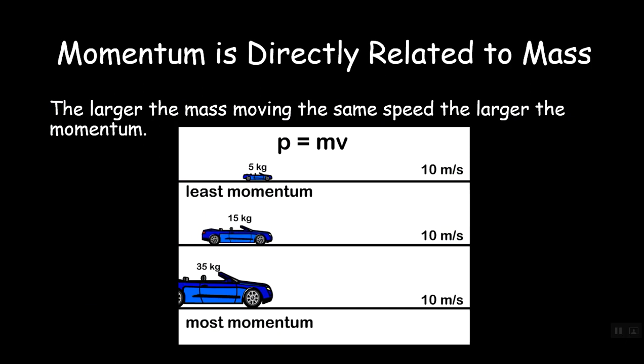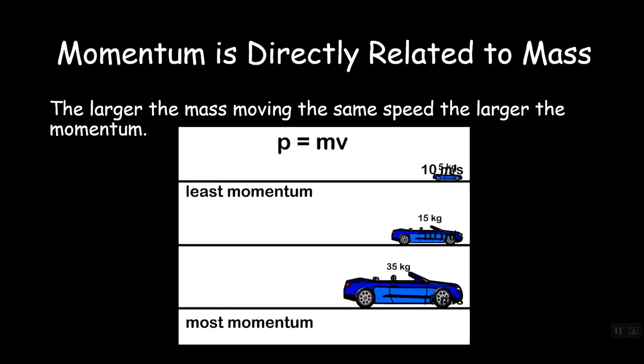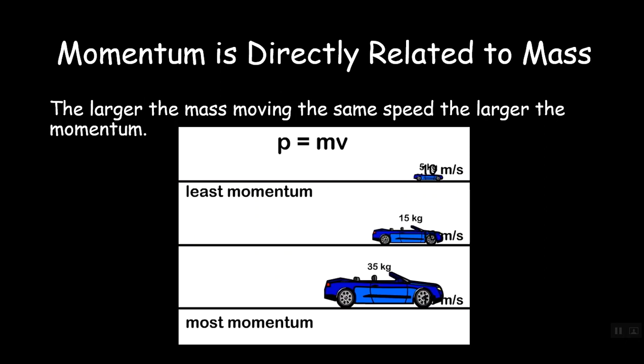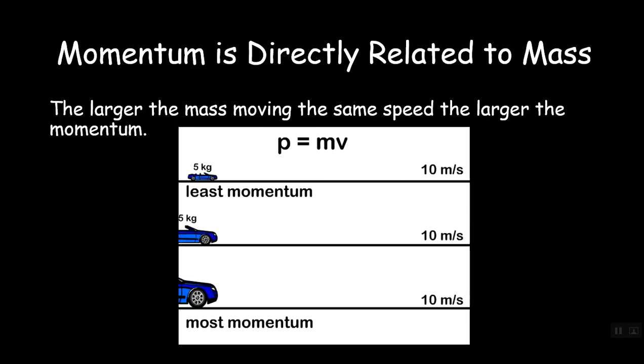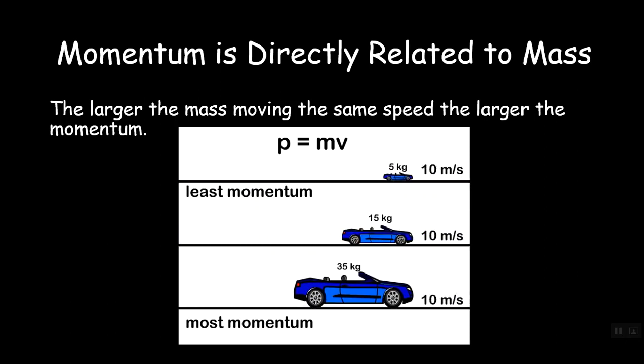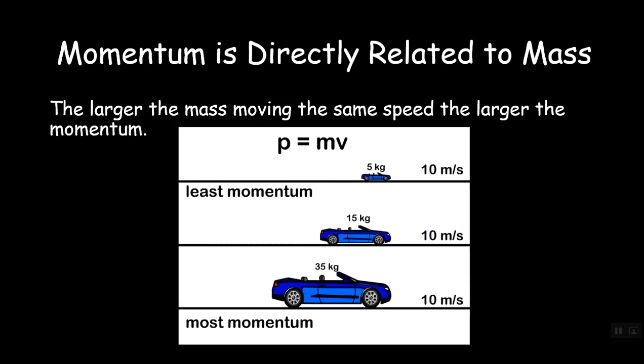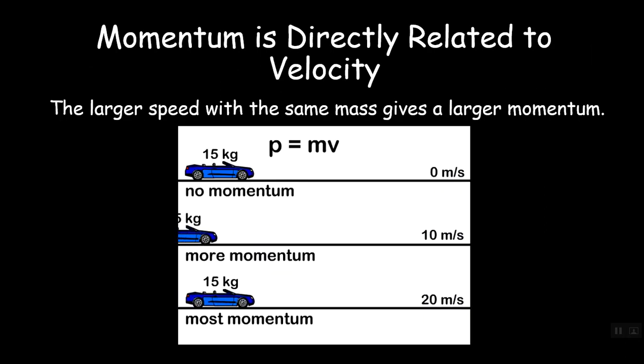So firstly, because P is M times V, if the objects are heavier with the same speed, they will have bigger momentum. So here we can see the smallest car has the least momentum, and the heaviest car has the most momentum. Secondly, because mass times velocity is equal to momentum, the bigger the speed,